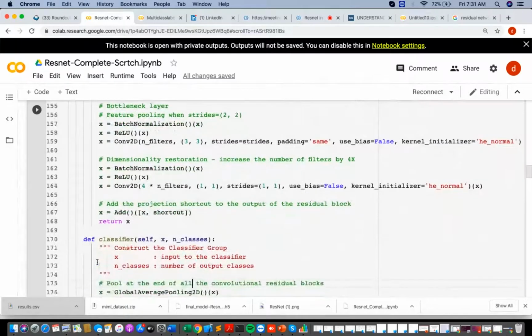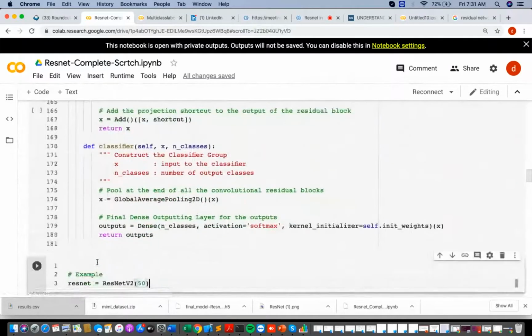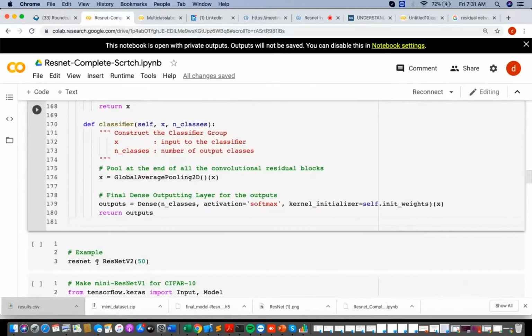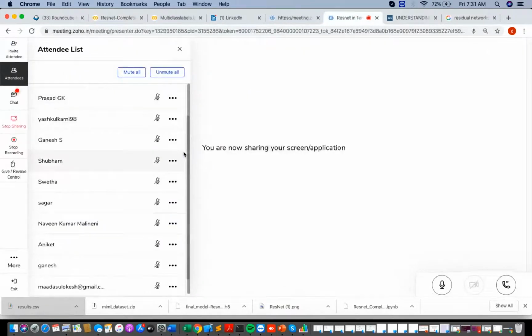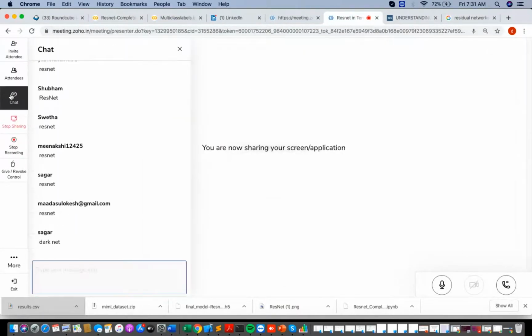So here when we are building a classifier, we are making the final layers. This is the entire story of your neural network, how this works. The entire story behind your convolutional neural network. I hope this code will take some time, but at least you understood the